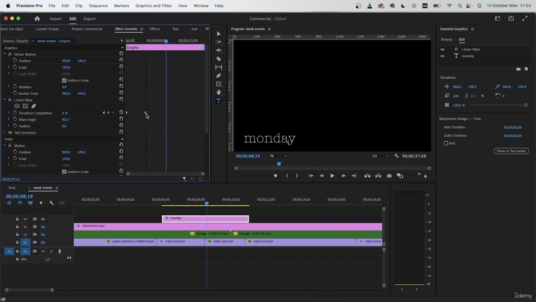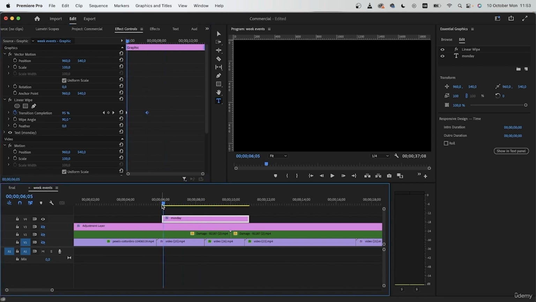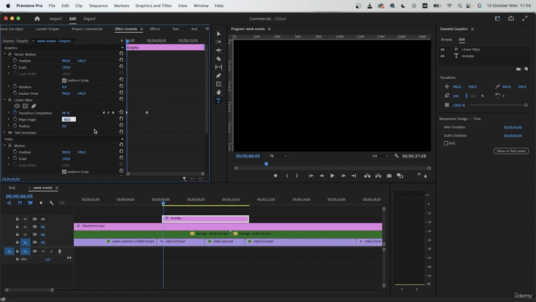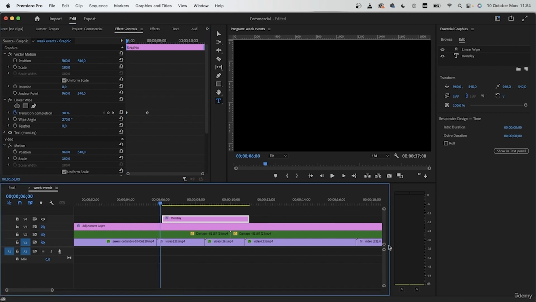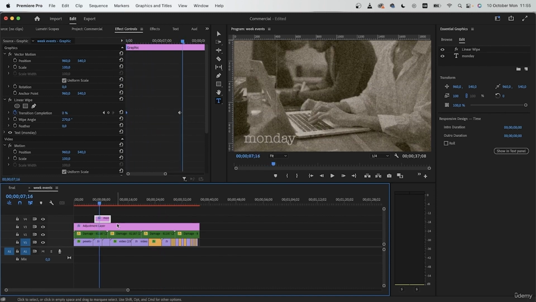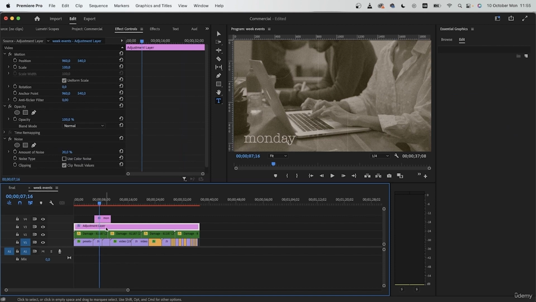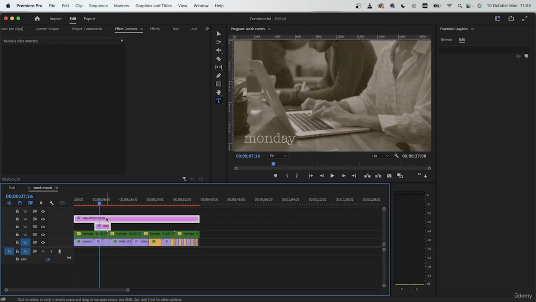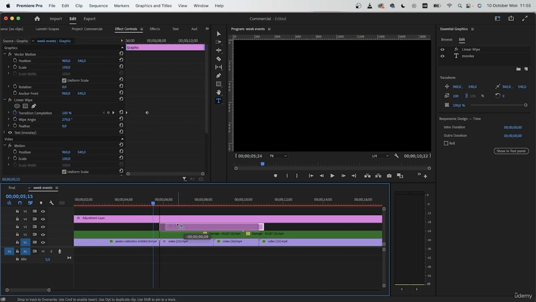If you wanted to go faster, just change the space between the two keyframes. But when we play this back, it's going from the other way. To fix this, just change it from 90 degrees into 270 degrees. Now it's going to play from the right side. Now I have a nice typewriter effect for my text. Additionally, you can move this adjustment layer above your text so you get the noise on top of the font. Match the duration of this text